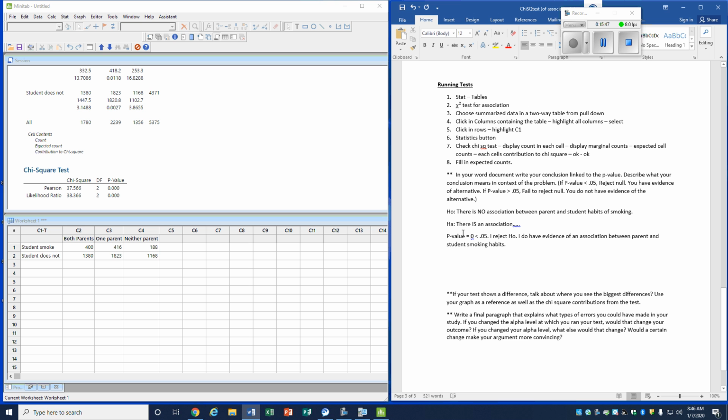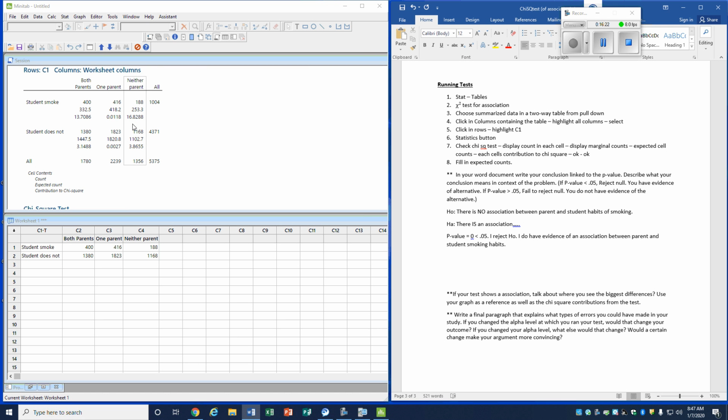If your p-value was greater than 0.05, then you would fail to reject the null hypothesis, which means you do not have evidence of the alternative. If you do have evidence, this is when we're going to look at the contributions. So that second starred paragraph, if it shows an association, then we want to talk about where we see the biggest differences using those contributions from the test. So your contributions were the very last number, and you'll notice that the biggest one was